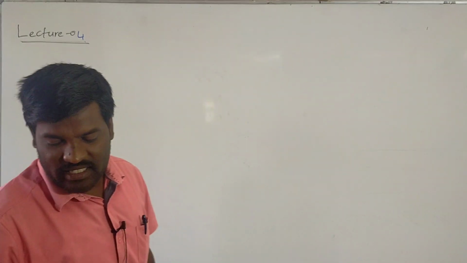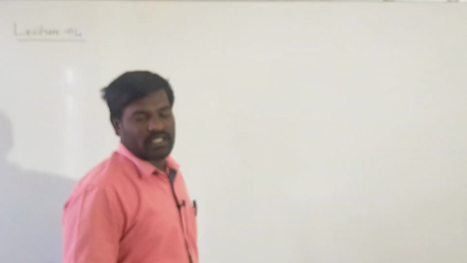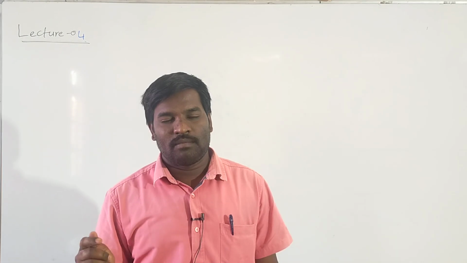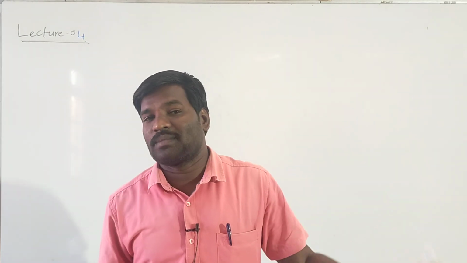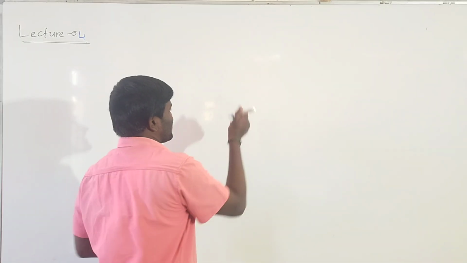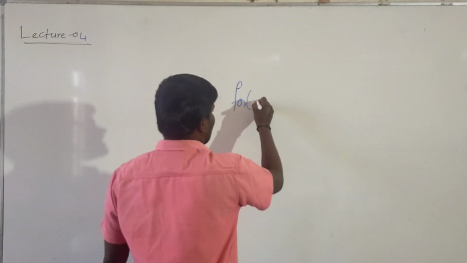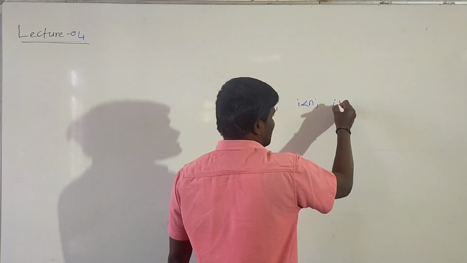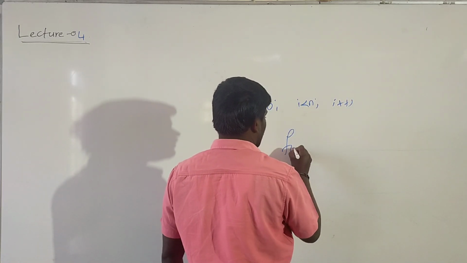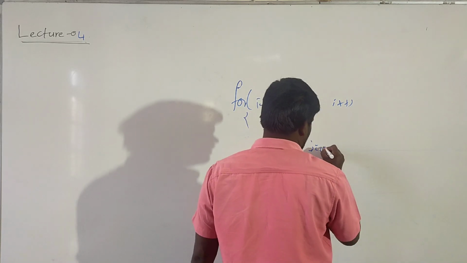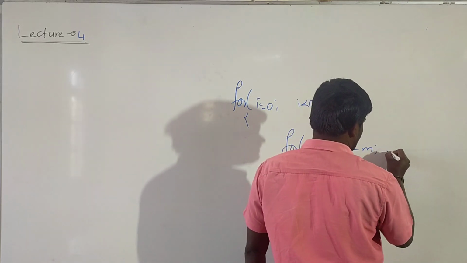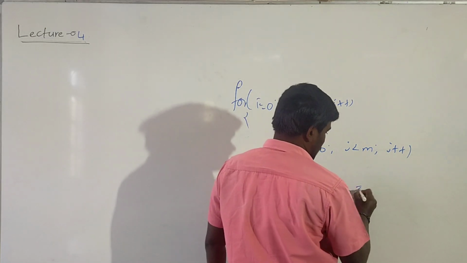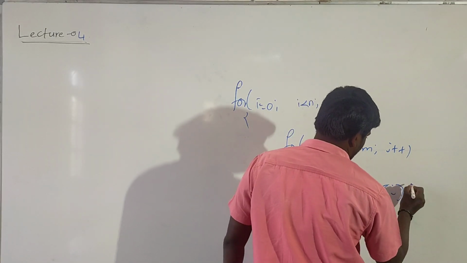If you want to read a single-dimensional array, we can use one for loop and within the for loop you write cin a of I. But here two subscripts are there, that's why we have to write two for loops. For I is equal to 0, I is less than n, I plus plus. For j is equal to 0, j is less than n, j plus plus. Cin a of I, j.